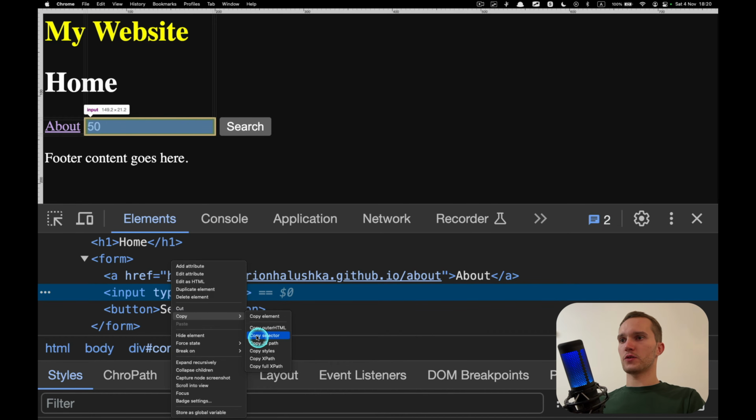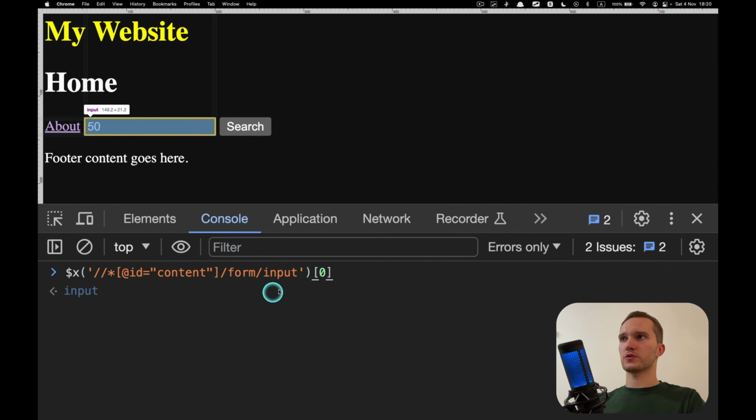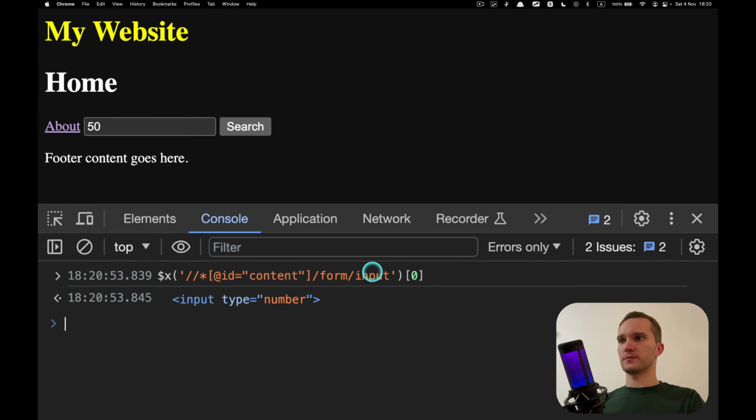What's interesting for us for today is copy selector, which stands for CSS selector, and then copy XPath. Copy XPath. Let's try this. For XPath, we have XPath is just another type of selectors. For XPath, we have to do the following. Boom. Just put $x here. And XPath always returns an array of elements, so we have to say, like, get us the first input by this selector. Okay,